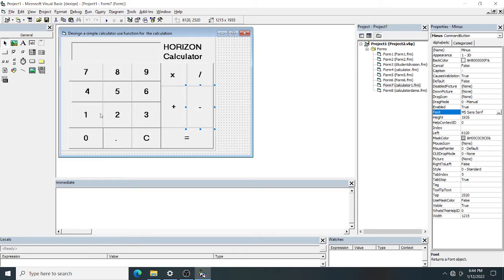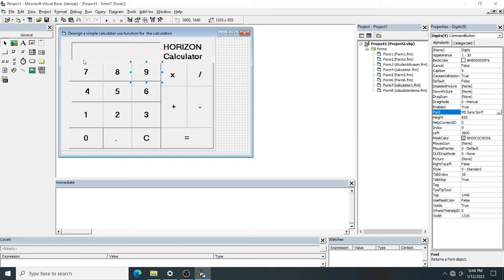Like that, if I click on the 0 to 9 buttons, you see what the name is here: digit 0. Here, digit 1. This is digit 2, digit 3, digit 6, digit 9. So that means it is digit 0 to digit 9. These buttons are in a control array. That means you have to write only one code for these buttons.